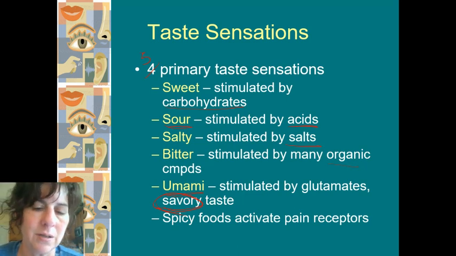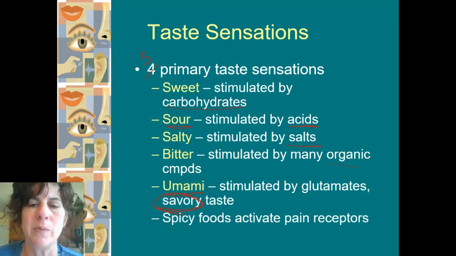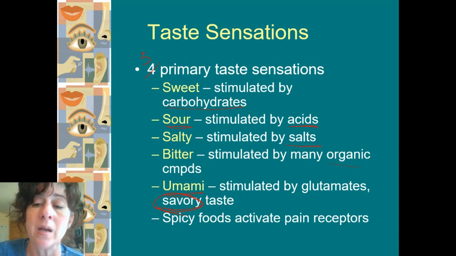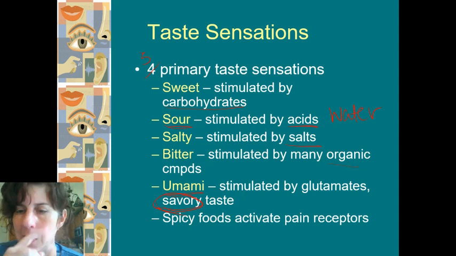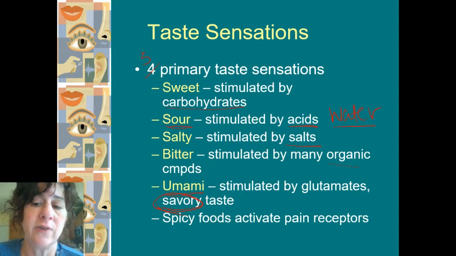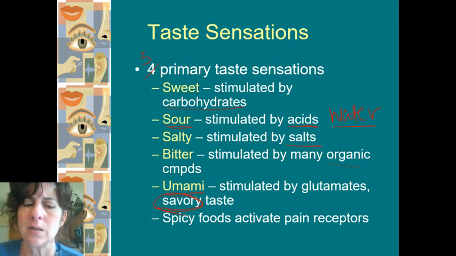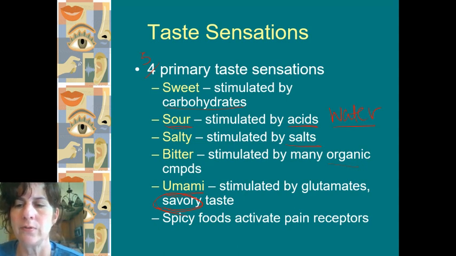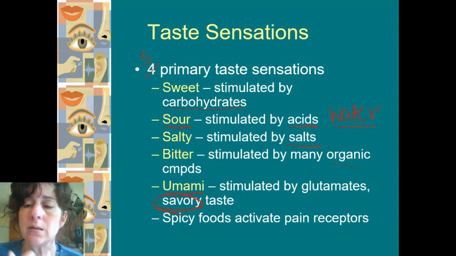Now, along with that, there are other candidates that people think should be listed with the taste sensations. Dogs can taste water, and other animals too, but they know for certain with dogs. Water is vital to life, and we think of it as having no taste, but it really does have distinct taste. You can definitely taste water from different areas, like hard water versus soft water in different parts, whether that's nice tasting or not. Bottled water has a lot of minerals that have been taken out and then some added back in. What we taste in water really are the minerals and things that are in there.